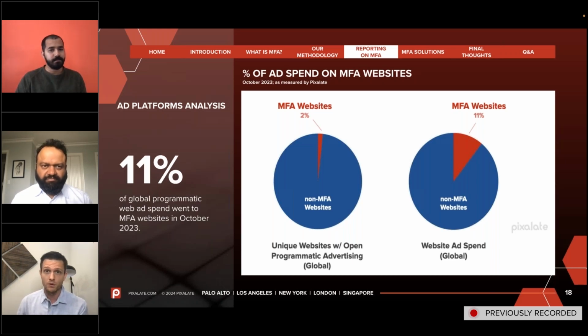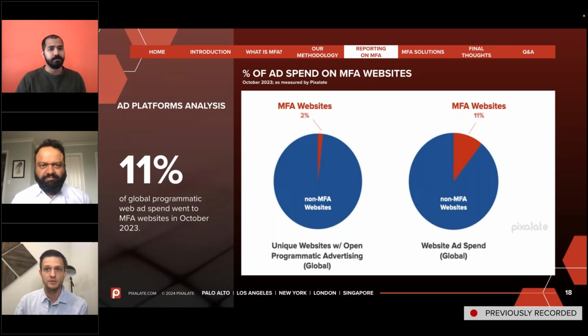So over 10% of open programmatic ad budgets right now are being spent on MFA websites, despite the fact that MFA sites are only 2% of the pie. Obviously, an outsized portion of ad spend is going to them. So our data backs up the concern that the ad industry has expressed about MFA websites.